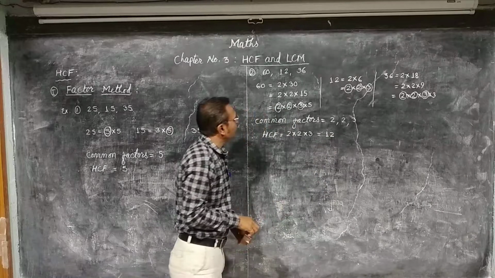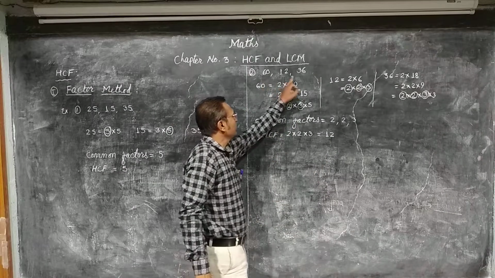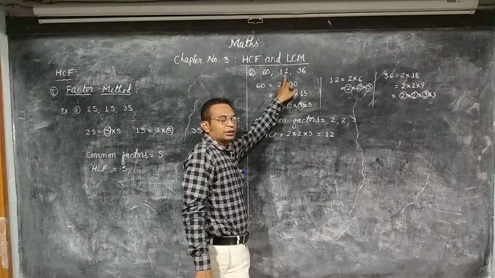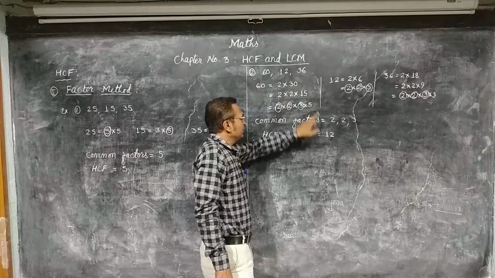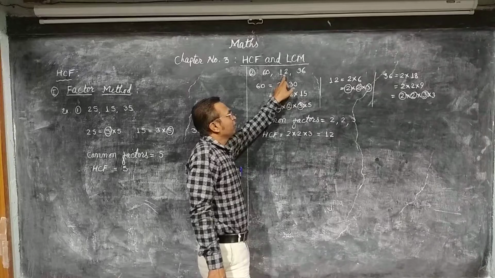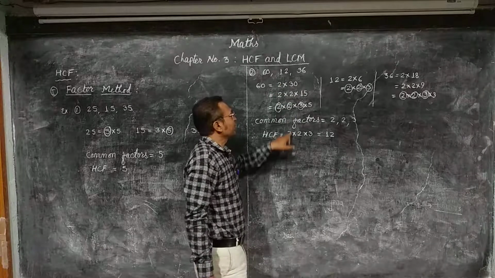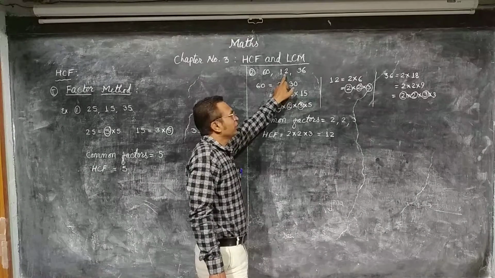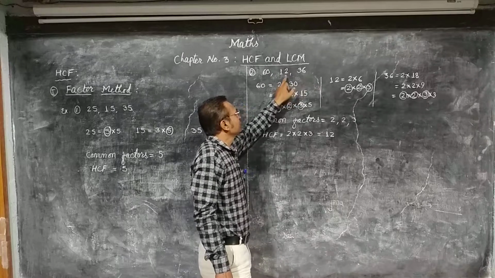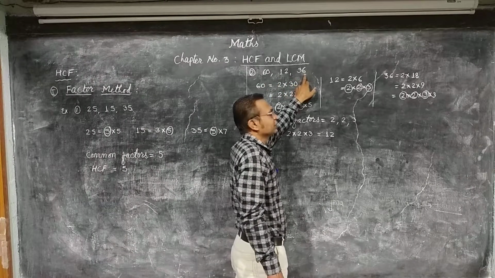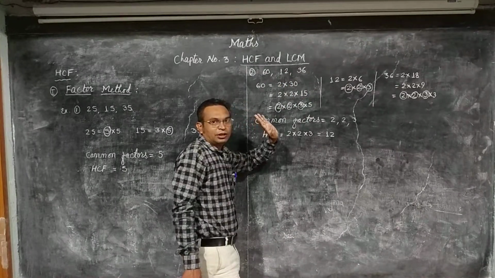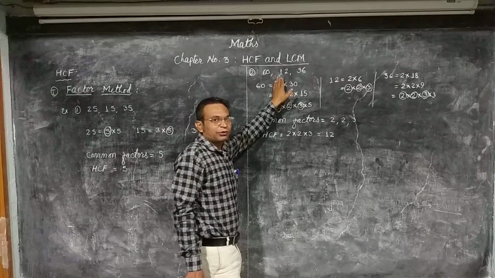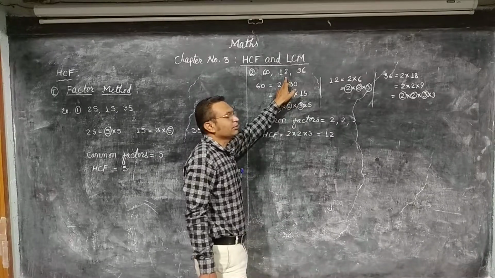Now, 12 is the HCF of the given three numbers, and among the given three numbers there is 12. Out of the three, one number is the HCF, because 12 is the highest common factor. It means 12 divides 12, 60 and 36. 12 1s are 12, 12 5s are 60 and 12 3s are 36, and therefore 12 is the common factor. We can say that if the given number is the divisor of the other two numbers, then that number is